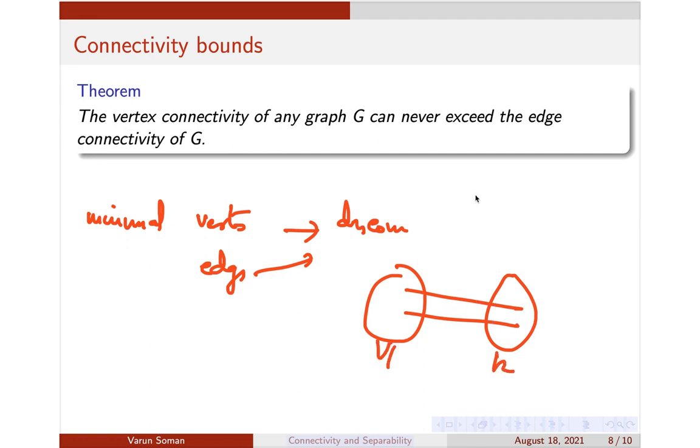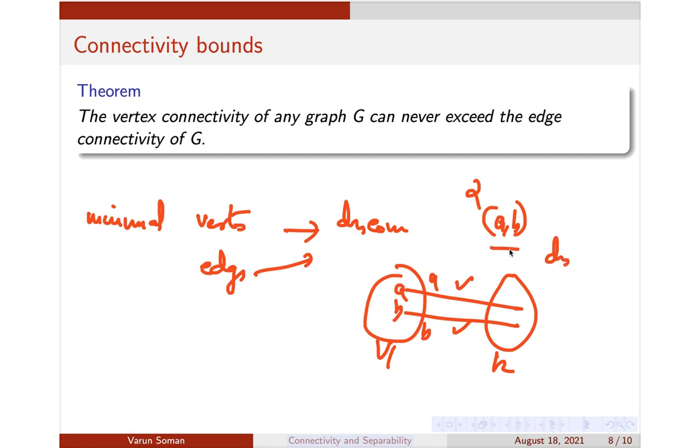Okay, so here the edge connectivity is given to be 2. Now just think of it like this. These edges will have end vertices, right? Suppose this is end vertex a, and suppose this has end vertex b. If I delete this a comma b, what will happen? It is the same as deleting these two edges. Automatically these two edges will also be deleted, and hence the graph will be disconnected.